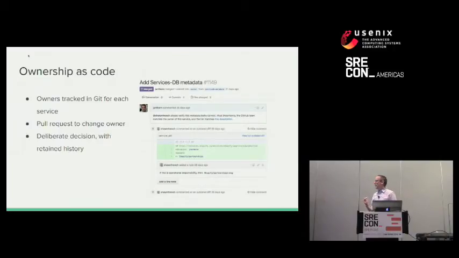And the really neat thing about having it in the GitHub repo with everything else is if ownership needs to change, you just open a pull request, you get it reviewed, you get the stakeholders who care about this, have a discussion, figure out what the right answer is, and ship it. And then you have this history of how that decision was made, who was involved, what the outcome was, and why. So it's a really super simple model, but it worked really well for us, and we've done that across all of our production systems. Now we have this piece of metadata in there that says what team or individuals own it.